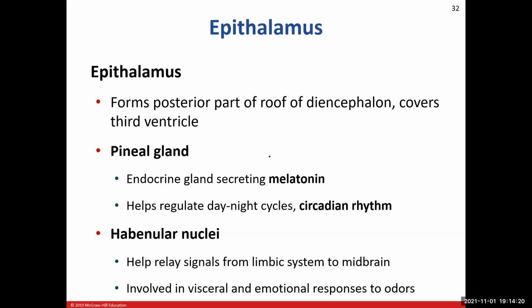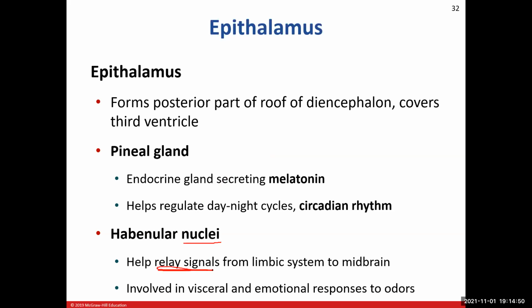The habenular nuclei, in case you forgot what a nuclei is, yes, it's the control center of a cell, but we also have stated when we're talking about the central nervous system, a nuclei is a clustering of cell bodies. Okay, in the central nervous system, it's where you see a whole bunch of cell bodies. And so usually when you see a clustering of cell bodies, that's where you're going to see synapses. And so when we think of synapses, we're going to think of relay places, or we're going to relay nerve